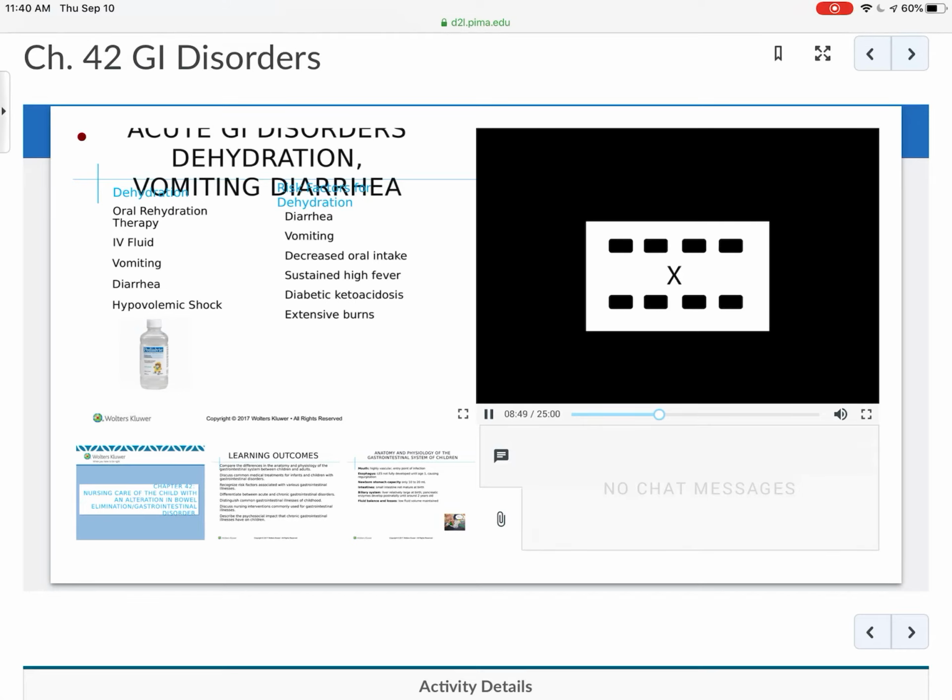We want to get fluid back into them. So we'll try Pedialyte, Enfalyte, any of those. We will look at oral rehydration therapy. And on page 1592, there's a little box that talks about oral rehydration. Not appropriate to give them tap water, milk, fruit juice, soup, or anything like that. You really want to stick with some type of Pedialyte, Enfalyte, something like that. We do fluid resuscitation with IV fluids, which you learn